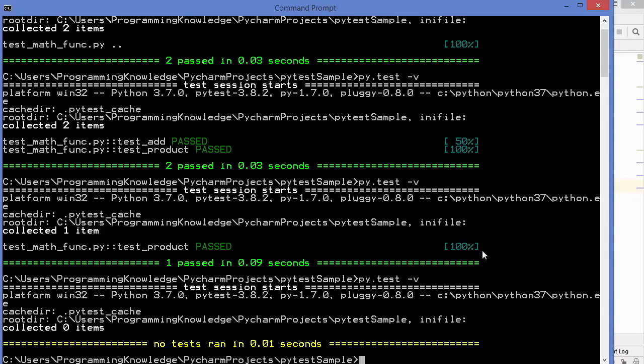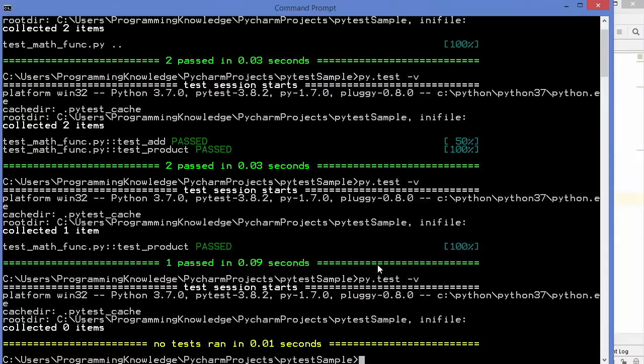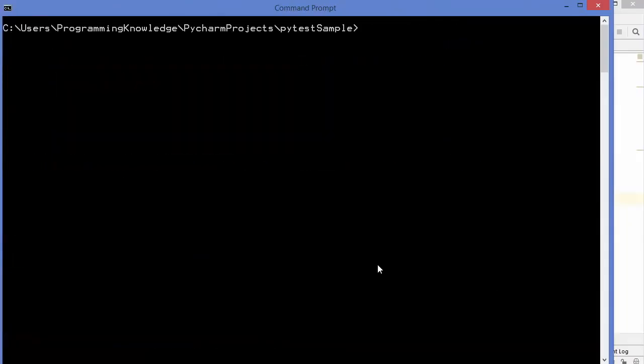So again, whenever you don't give the test keyword in front of your file name, then PyTest will not be able to recognize that this is your unit testing file. Let's go to the terminal, and I'm going to just give the cls command in order to clear the terminal, and let's give the second command now, which we have used for running the test, which is the pytest command and the name of the file. So now my file name is tes underscore math underscore py, and now I'm going to press enter,